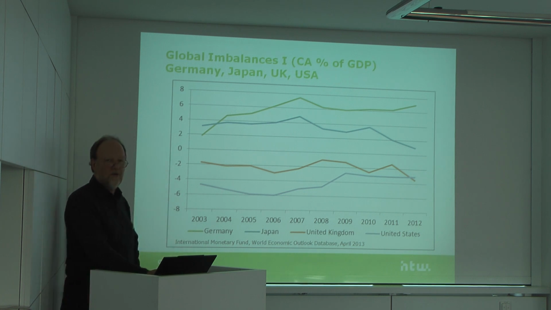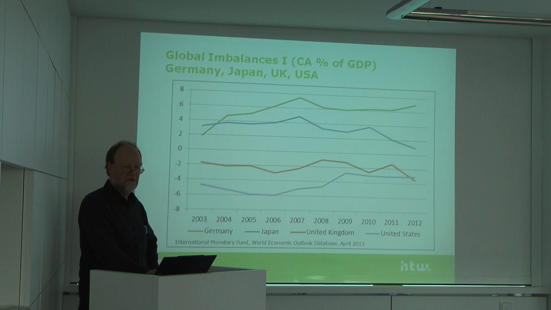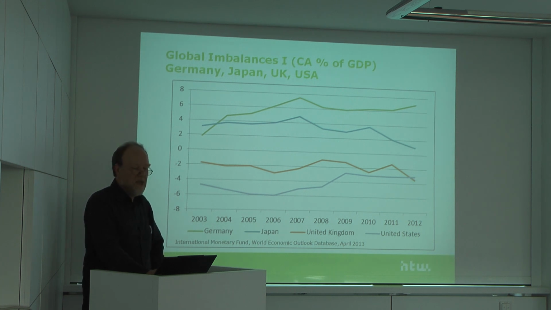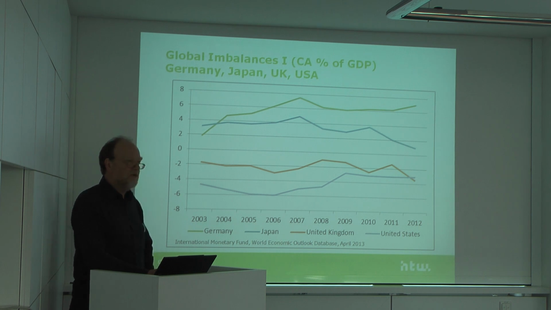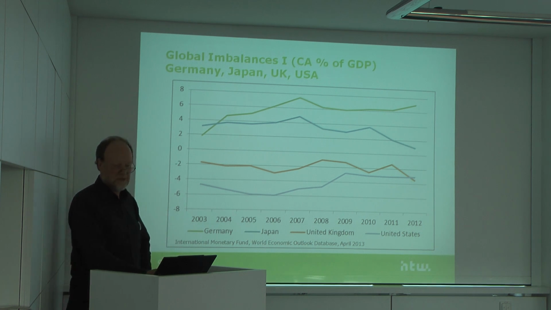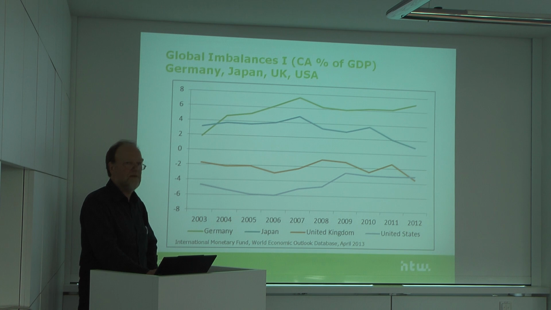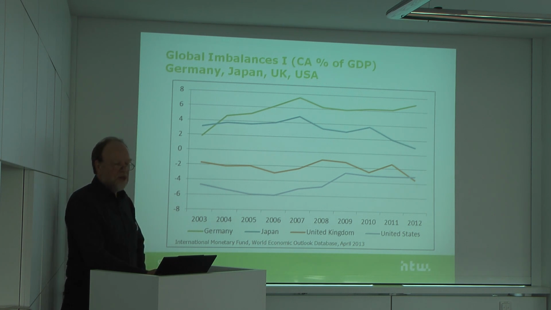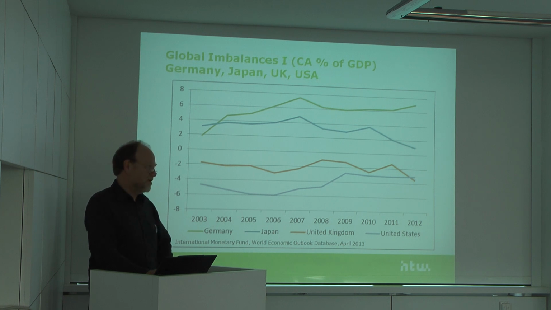So if we start from having a look at the current account developments, indeed we can see some interesting features here. If we start from the industrialized world, we can see, okay, the well-known current account deficit of the United States has been reduced from more or less 6% in 2006, 2007, to a level of half of that, that means 3% in the last years. United Kingdom, more or less the same level. The surpluses of Japan are clearly reduced. Germany is a little bit the exception here, because Germany is the only country which indeed has increased its current account surplus.